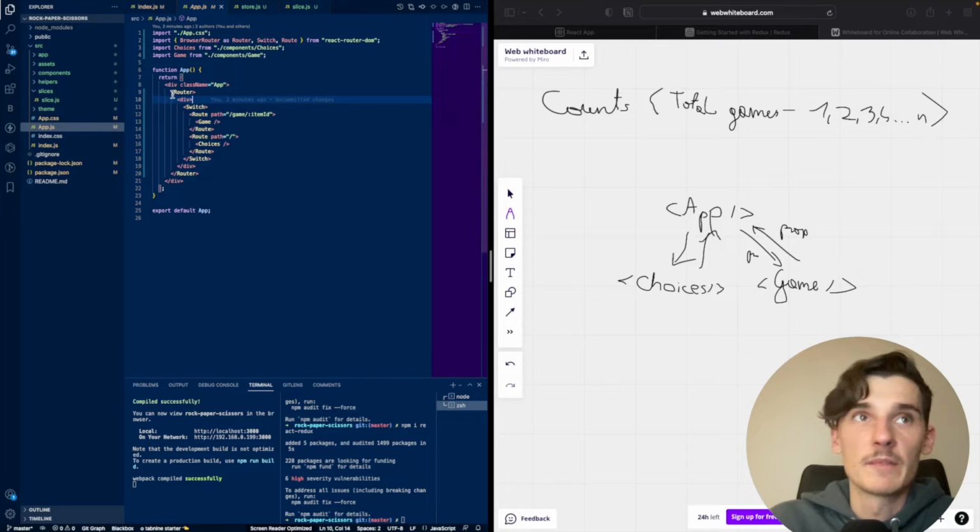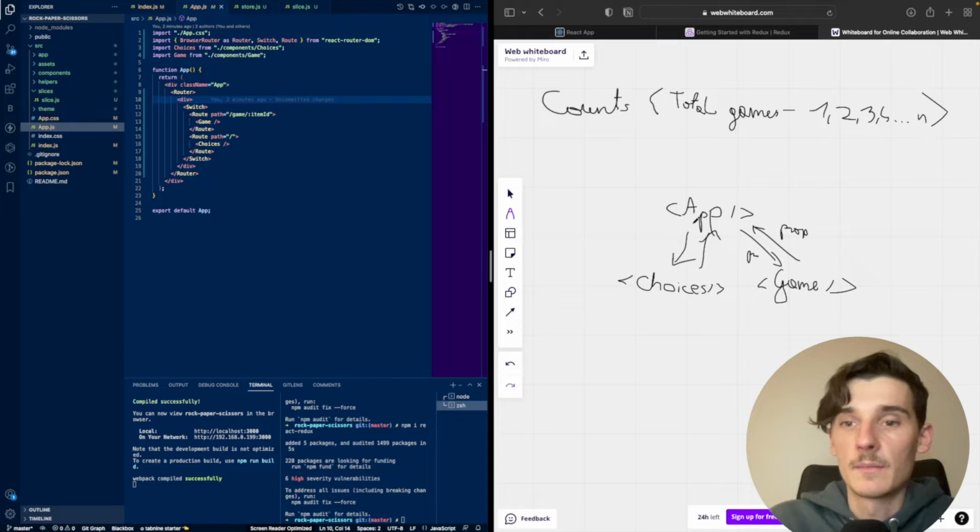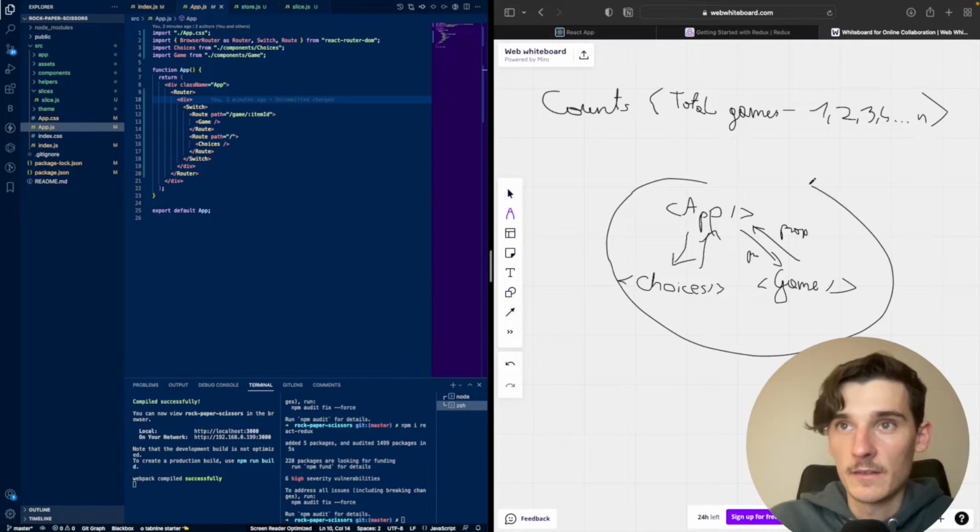So navbar will be always visible, below the app level, but above the choices and game, which will also be visible. And in this navbar will be a counter, so it's not possible to make it with the prop drilling. And I have to create something like a big onion,